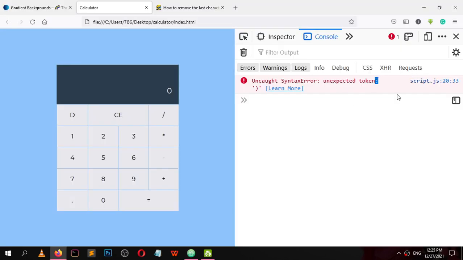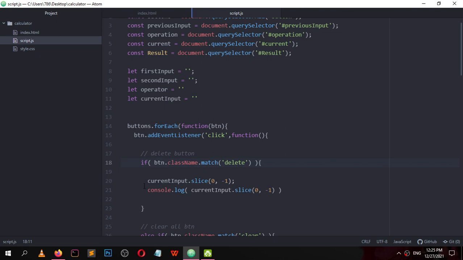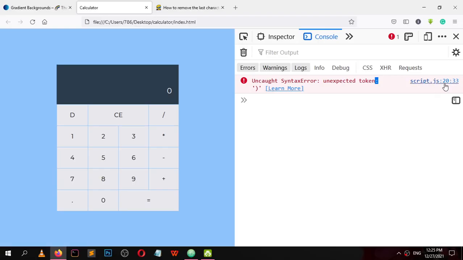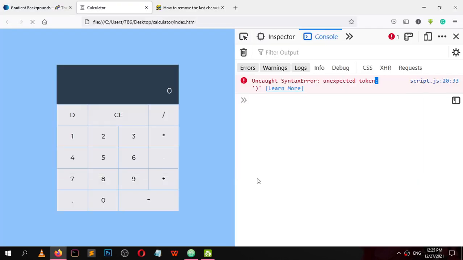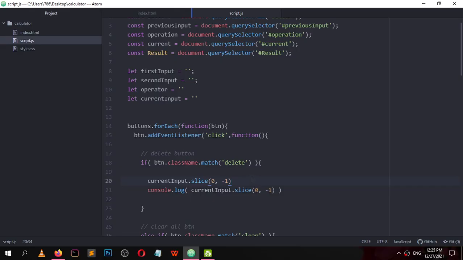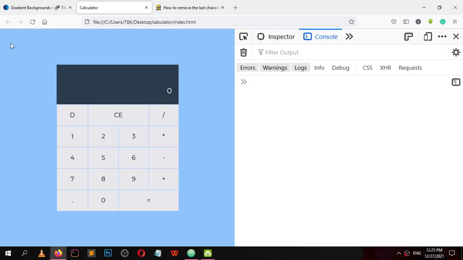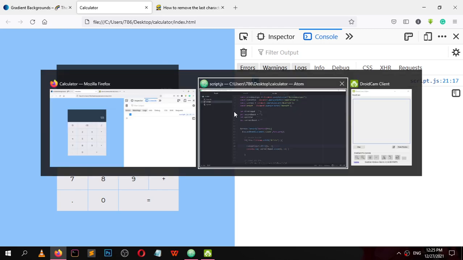Unexpected token at line number 20. This current input dot slice. One, two, three, delete. Now from 1 to 3 the last element is not deleted,